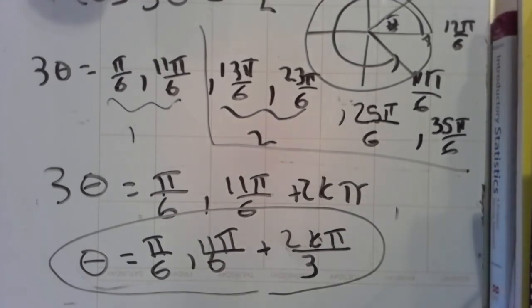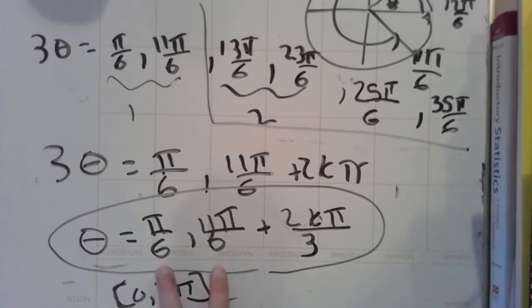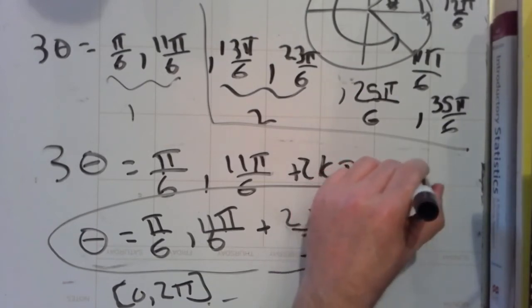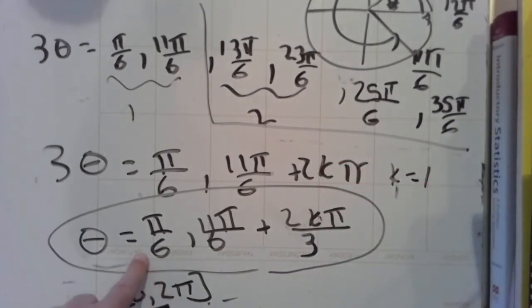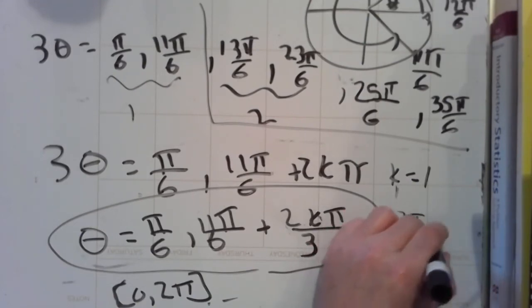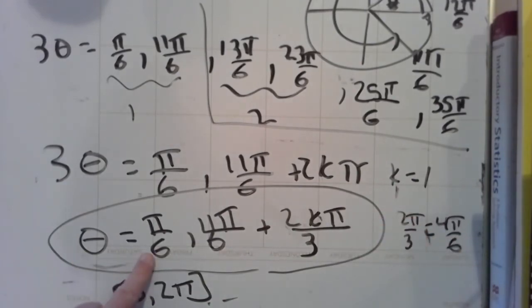But now, if the question said, give me all the solutions between 0 and 2 pi, I'm not done. I have to do more work now. These are the k equals 0 solutions. I need the k equals 1 solutions and the k equals 2 solutions. So when k equals 1, I need pi over 6 plus k equals 1, 2 pi over 3. 2 pi over 3 would equal 4 pi over 6. So 1 pi over 6 plus 4 more would be